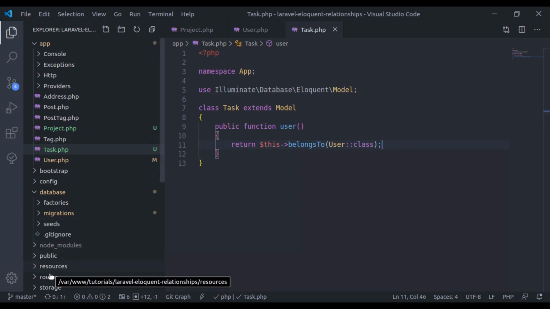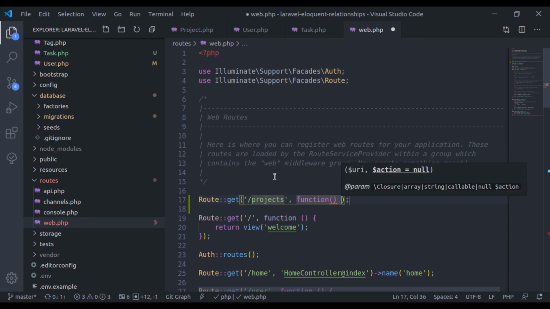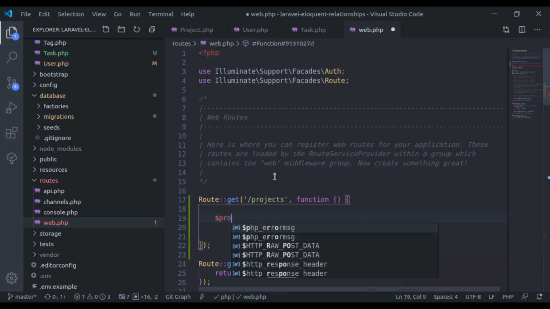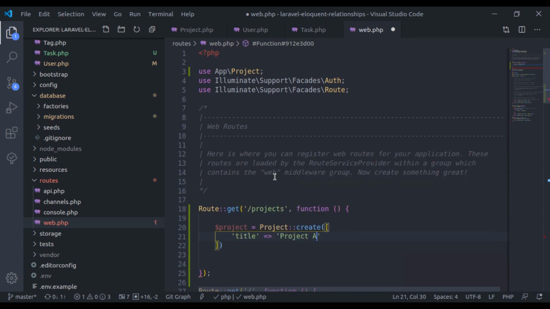Next in the routes, web routes, here let's say we have a route projects and here we have a closure function. Let's create some projects. So here $project equals Project class create, project title is Project A, and this project has two users.